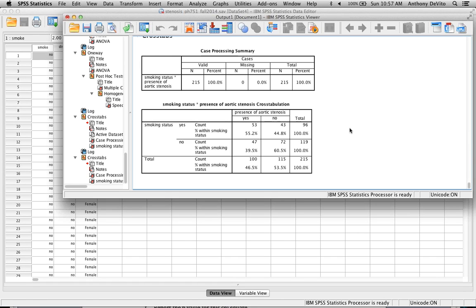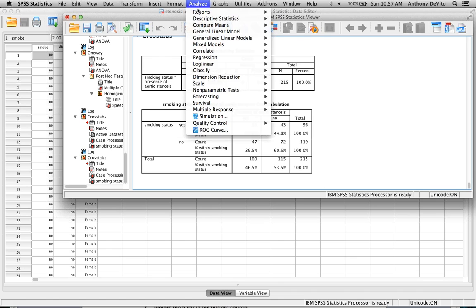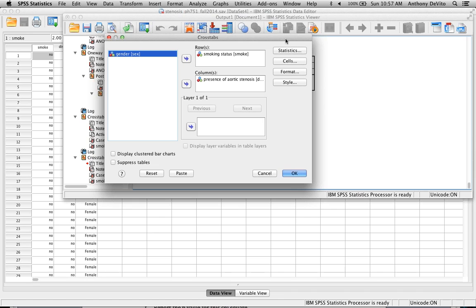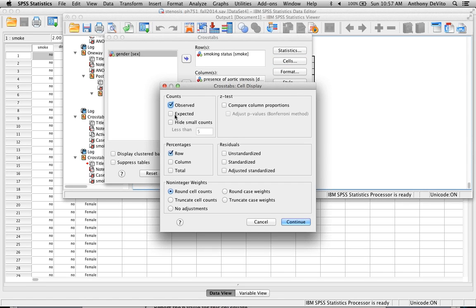There are various reasons for using one or the other, but many studies take advantage of these kinds of statistics to describe the increase in risk or the increase in odds of getting ill if you have a certain exposure. Okay, so I'm going to go back up here, Analyze, Descriptive Statistics, Crosstabs, and go back into Cells, and now I'm going to do another calculation. I'm going to check off expected values. I'm going to uncheck percentages just to make the tables a little simpler. I'm going to continue